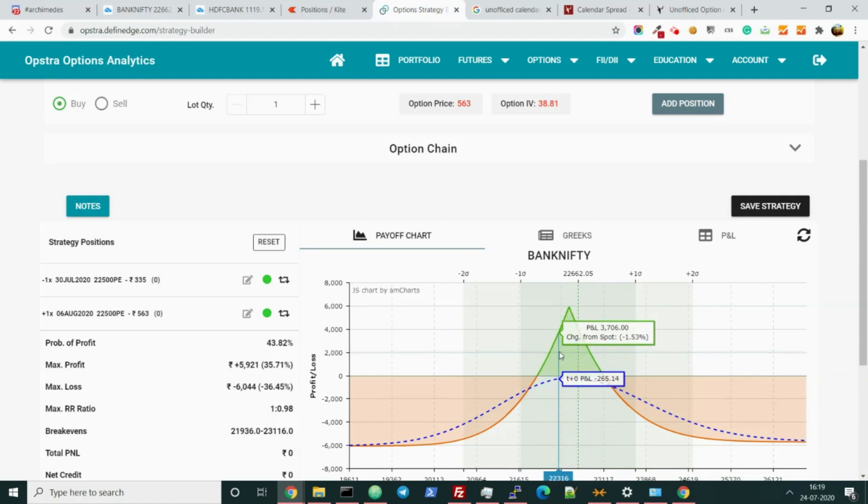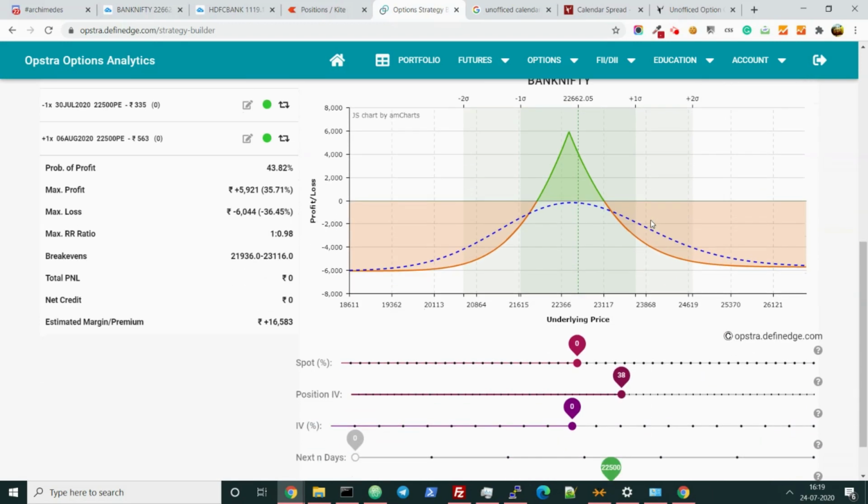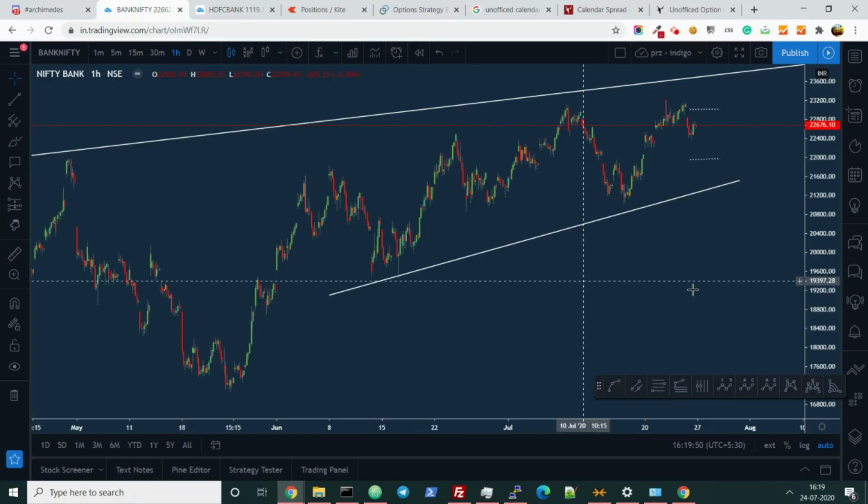Now, why am I choosing this range and what is my view actually? To know that, I shall be talking about two more things. One is the IV. The 30th of this month is the expiry day. Reliance will announce its result. So I think the IV will shoot up from Monday, Tuesday, Wednesday, because the results of Reliance impact every other company. And also I think that Nifty will be staying in a range-bound way.